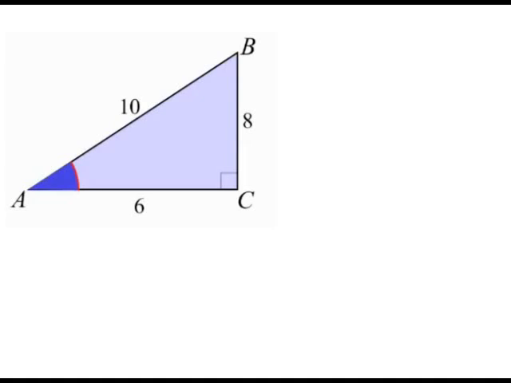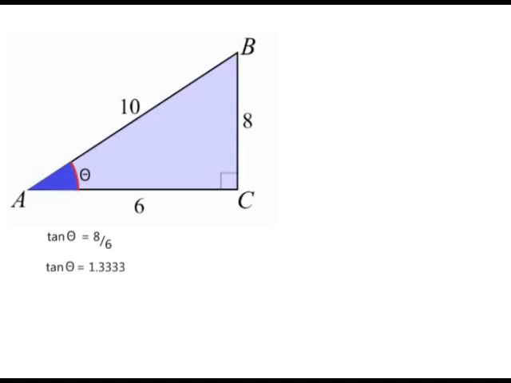6 squared plus 8 squared is equal to 10 squared. And so if you made this length 9 centimeters, such a triangle cannot exist because it will not obey the Pythagoras theorem. Let us find angle theta. Tan theta is equal to 8 over 6, that is opposite over adjacent. Tan theta is equal to